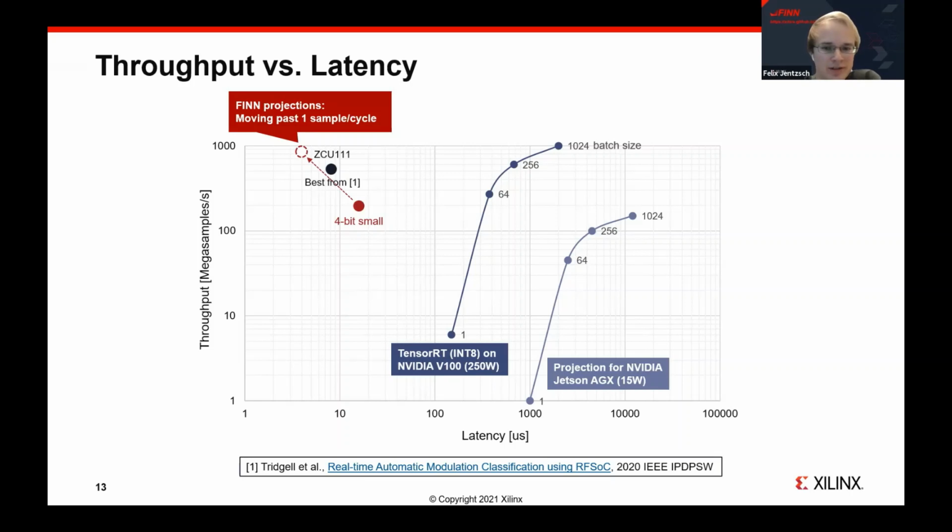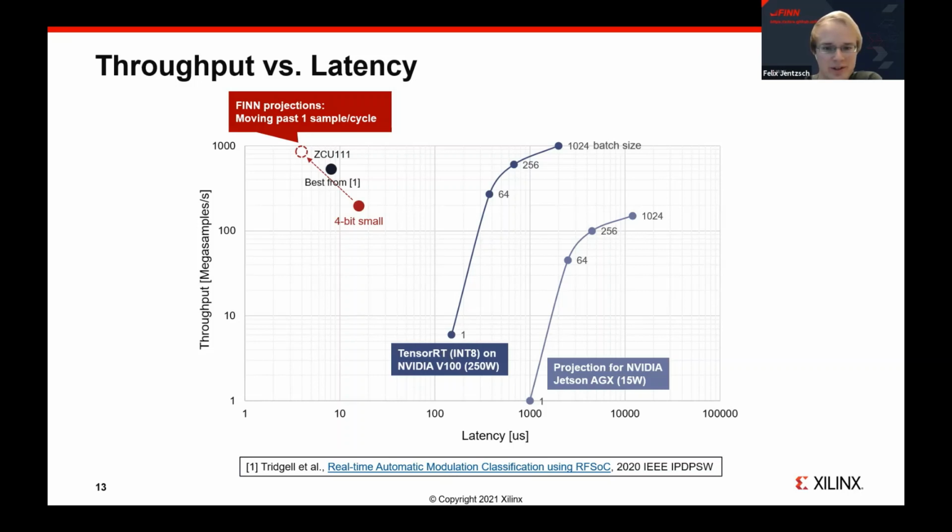Now, because the data flow accelerator on our FPGA operates on a continuous stream of samples or frames, architectures like this require no assembling of frames into batches. They can just process the whole stream in one go, so to speak. While these GPUs require the frames to be assembled into batches, and this increases the latency. So for small batches like one, they cannot really exploit their parallel architecture and end up down here in terms of throughput.